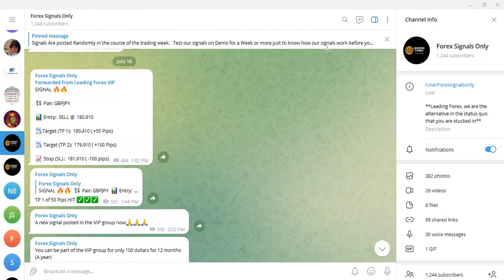When it comes to risk management, we are talking about lot sizes. The lot size that you use in taking trades will determine how long your account will stay or how fast your account will be gone. If you end up blowing your accounts time and again, then it means that there's something wrong with your risk management, which has to do with your lot sizes. Because of that, I have taken my time to do this video once again. I have done this video before, but this one is going to be a different approach to actually make you get this once and for all.